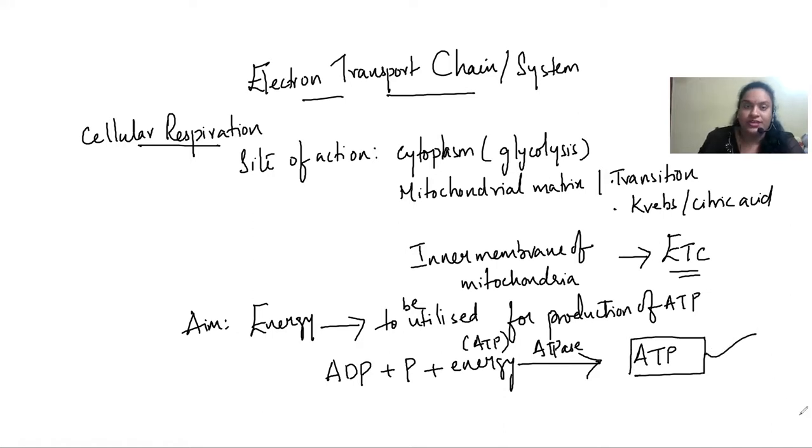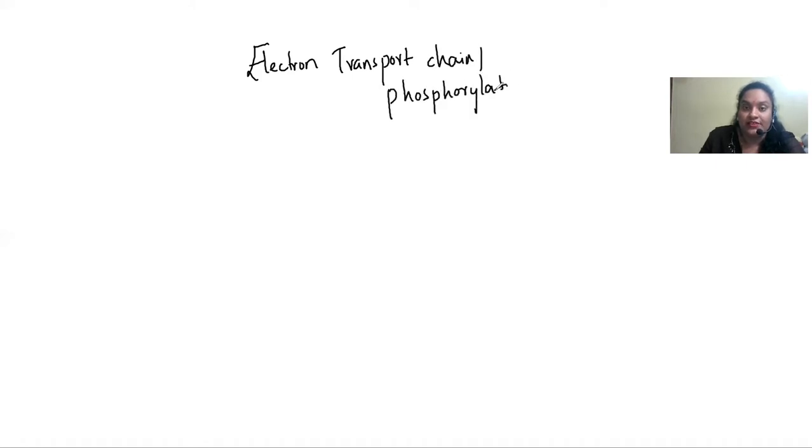Now coming on to the electron transport chain, it can otherwise be called the phosphorylation chain, or electron transport system. Any of the names, but usually the books refer to it as the electron transport chain or electron transport system, but we can even call it the phosphorylation chain. What happens here is, if you remember, at the end of the glycolysis